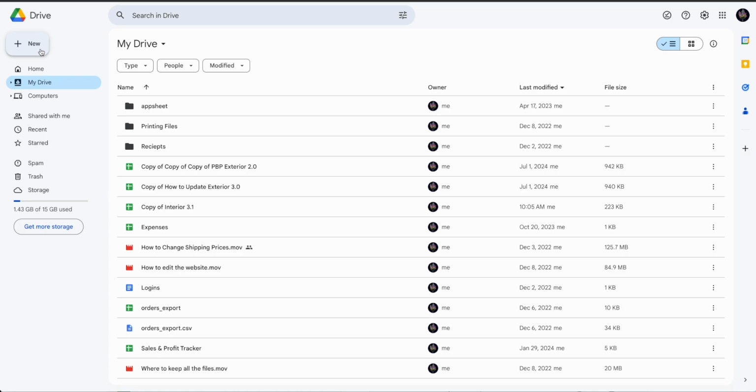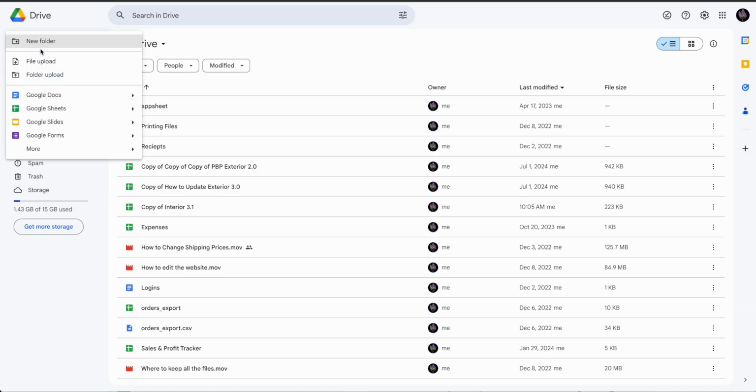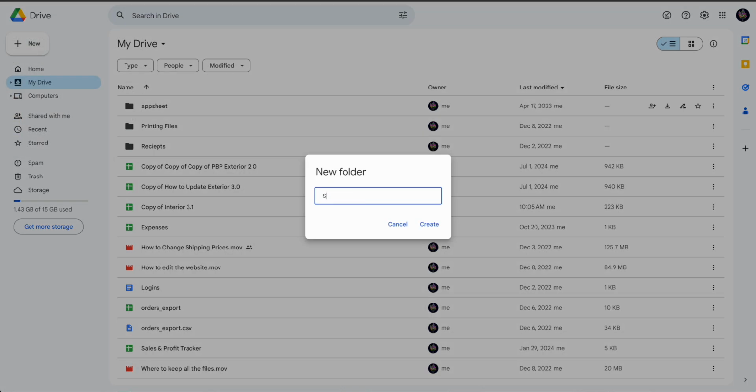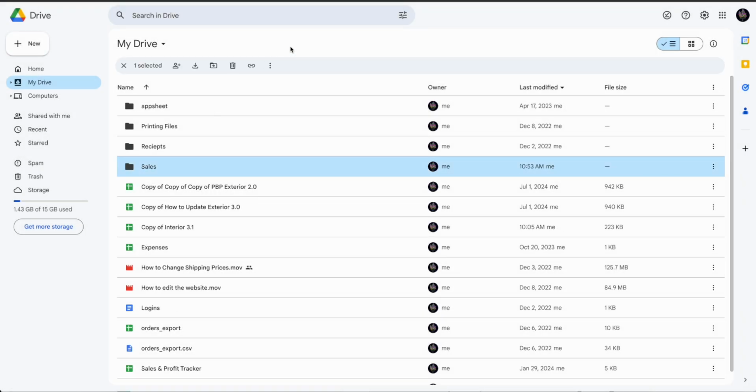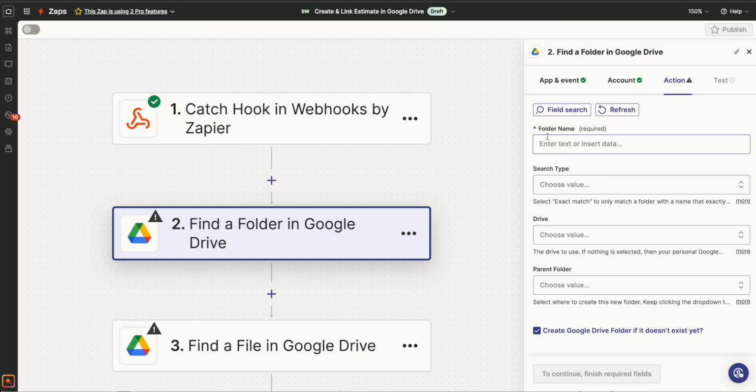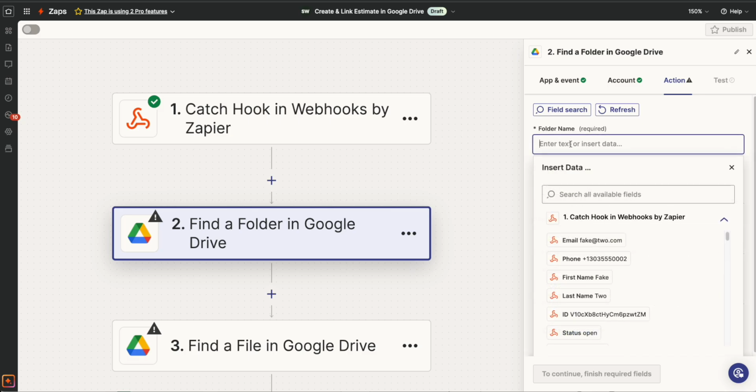It's labeled their name. But if you're just a one-man show, you could just have one folder called sales or whatever you want to call it. But for this purpose, I'm going to create this sales folder right here in this drive. So now in my Zap, we're going to say folder name, and we want to create a